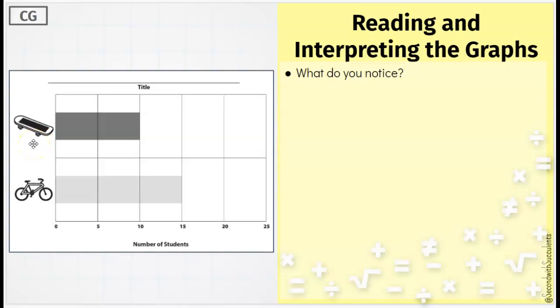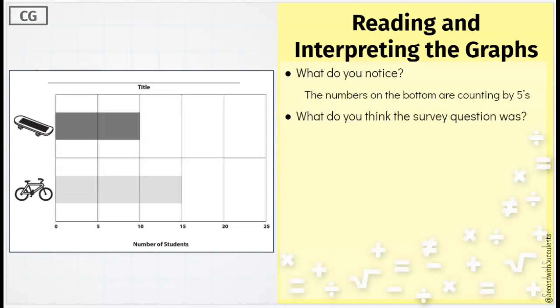Show a connection if you noticed the numbers on the bottom. What are these numbers skip counting by? These numbers are skip counting by fives. Now that's something important that I'd like you to keep tucked in your brain. We're going to come back to that later. Let's move on to think about